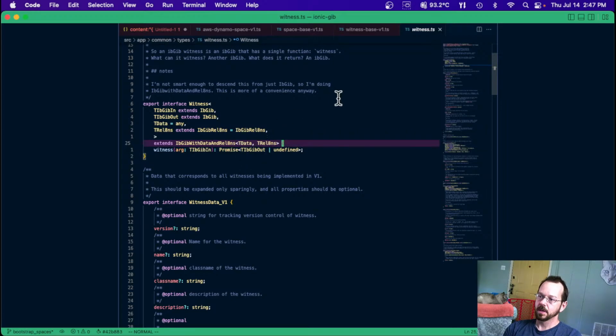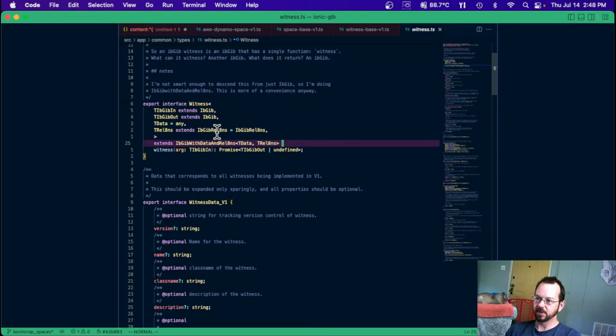So with ibgib, you're capturing the data, the code as data, and so you want the ability to persist your incoming arguments and your outgoing results. And so that's the one layer above the already thin layer, the semi-structure of the ibgib protocol itself,